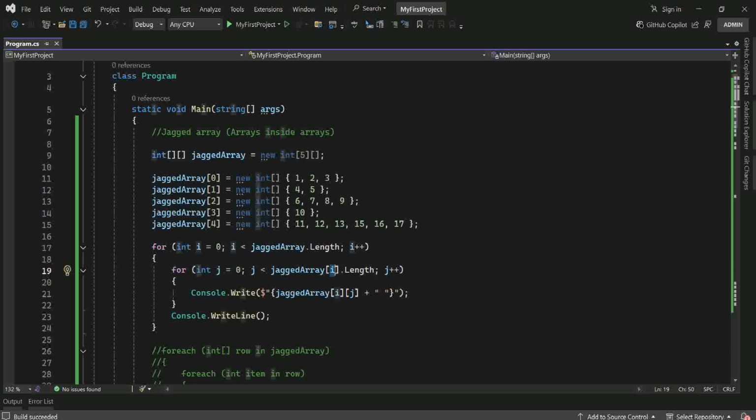Here we have 0 indexing. It starts from 0 to total length, which means 4. 0 to 4 it will start. In the first array we have 0 indexing, and here we have 3 values, so it will iterate 3 times and it will display all the values in the first row. So this is the one way, and suppose if we do not want to initialize in this way,